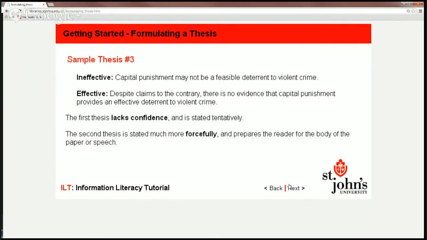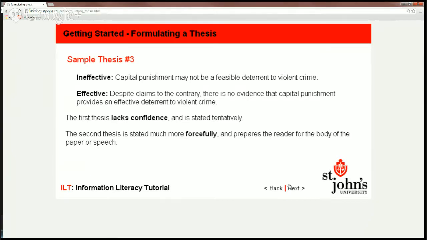Okay. A more effective thesis would be, despite claims to the contrary, there is no evidence that capital punishment provides an effective deterrent to violent crime. Okay. So what we're saying is that ultimately there's no evidence that capital punishment provides an effective deterrent to crime, despite the fact that many people may think so, or despite some claims that people make. Okay, so